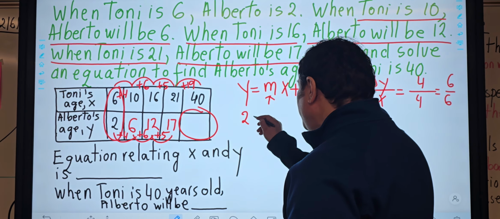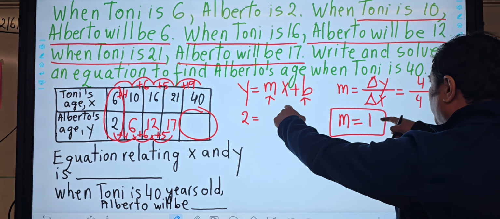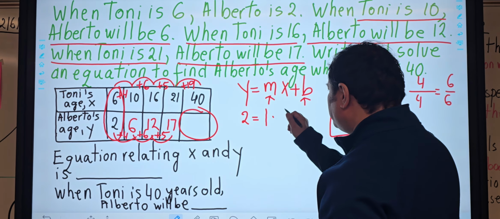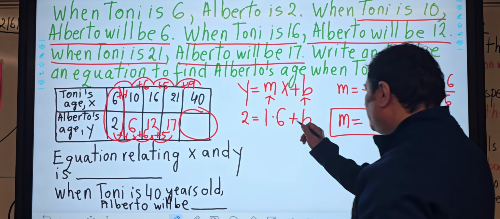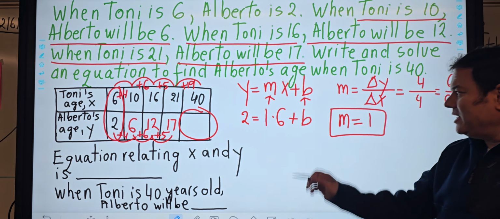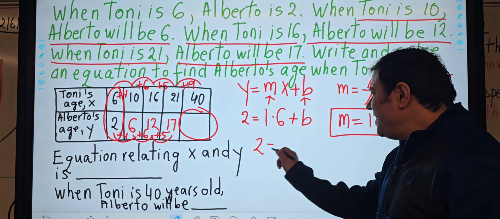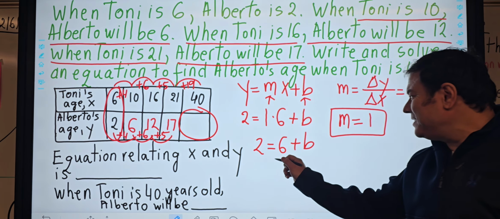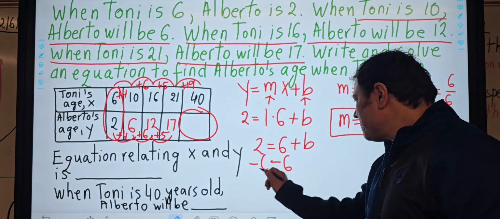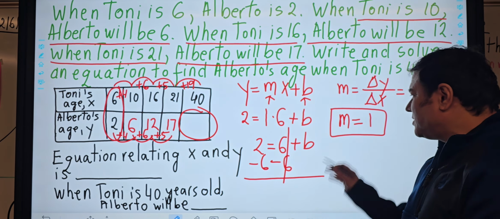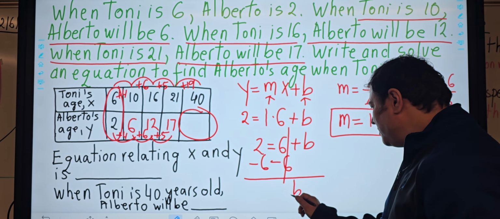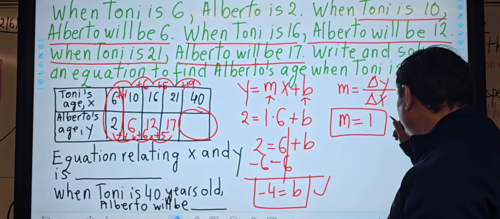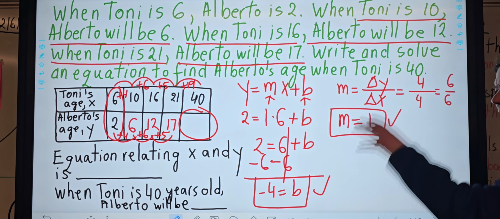So instead of y, we are going to plug in 2. So we have 2 equals, instead of m, which we solved as 1, 1 times x. X is 6. And then plus b. We need to solve for b. 1 times 6 is 6. So we have 2 equals 6 plus b. And now we have to subtract 6 on both sides. And then 6 minus 6 cancels out. So we get b equals negative 4. So we got a b, we got an m, and now we can write our equation